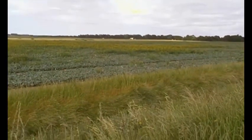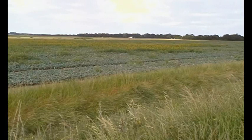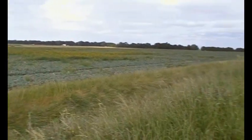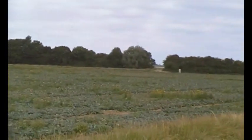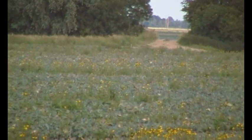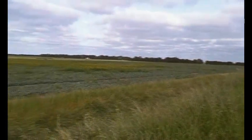Cabbage fields, and it's nice to see some weeds in them. You do see a lot, which is absolutely perfect, which means they've been sprayed quite a lot. But you see that line of trees there? That's the old sea bank. In fact, let's see if we can zoom in. You see there in that gap? That's the old sea bank. So, if we zoom out and come round,